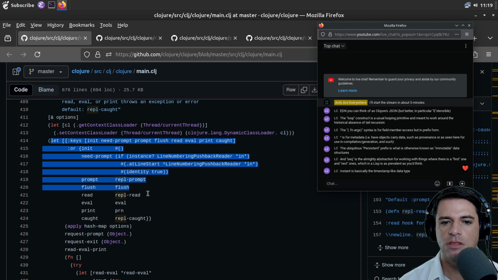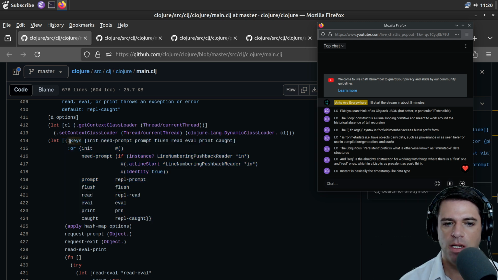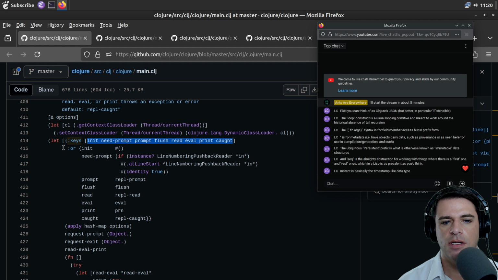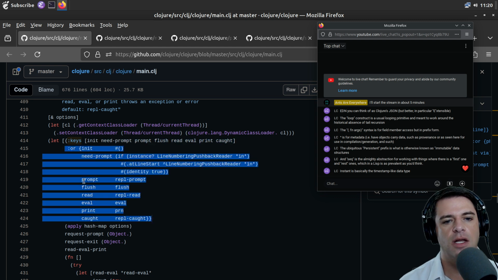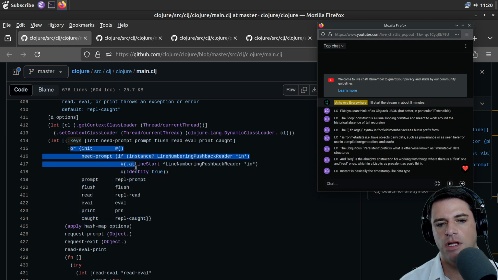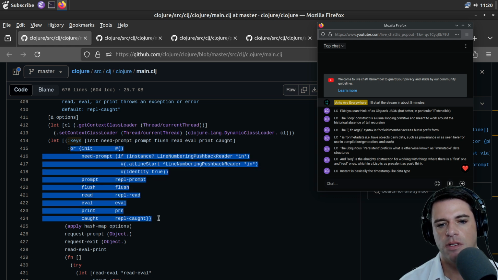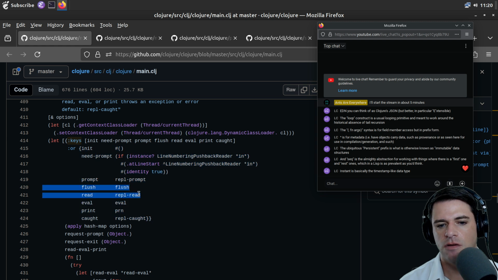Here's some more let bindings, I assume. And I guess it's defining some sort of keys. Perhaps this is a kind of map, I don't know, but init, need-prompt, flush, read, eval, print, caught. I don't know what keys or means, but we have init, need-prompt, flush, read.